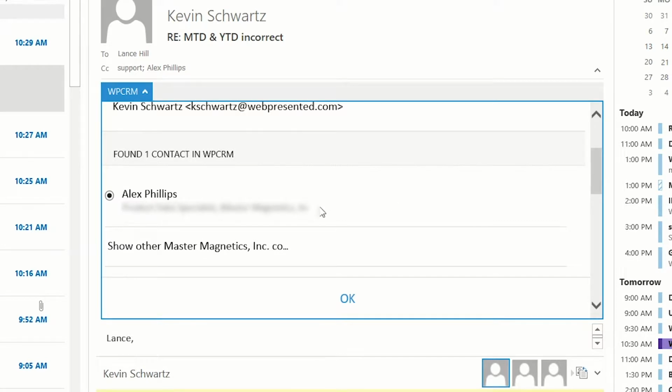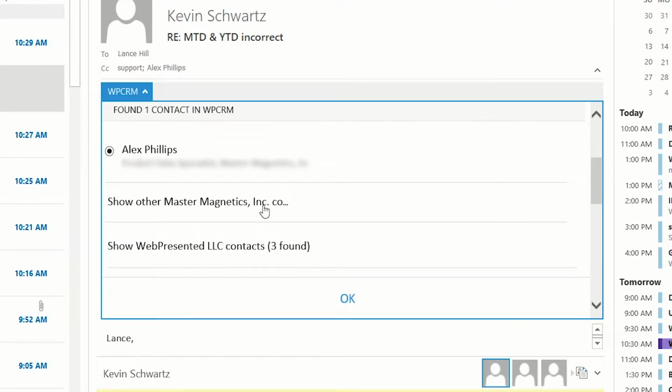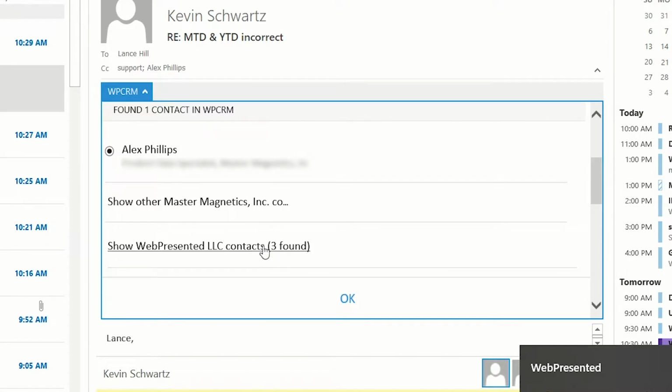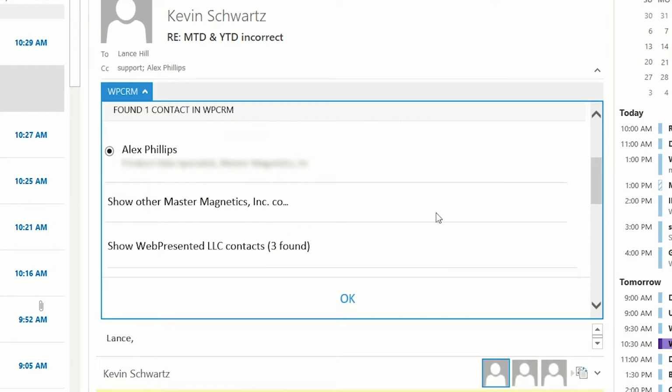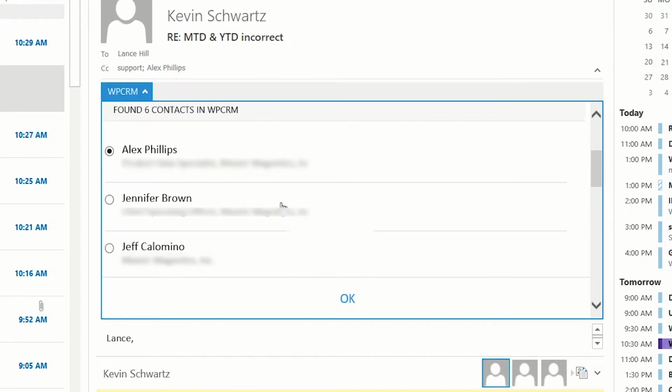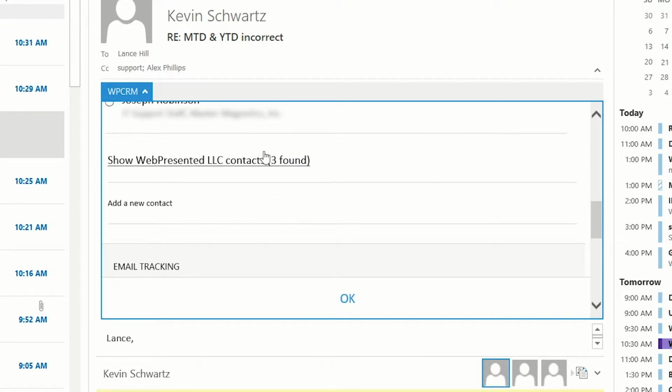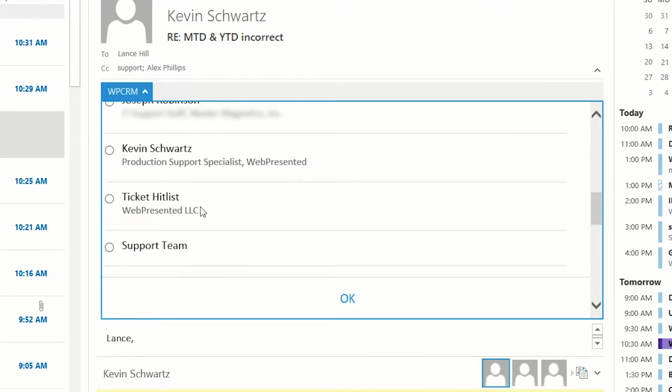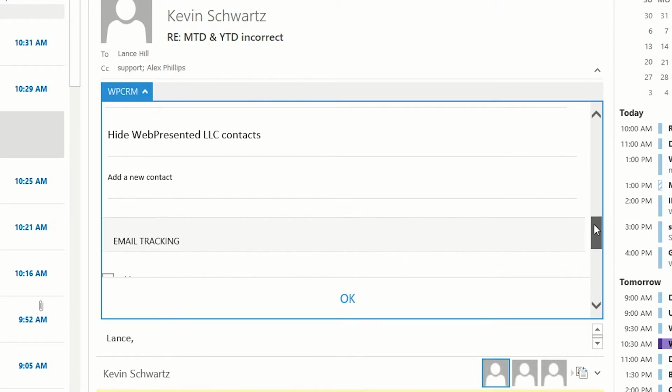The system is going to associate it with the contact it believes is sending the email, but it'll also give me options of other contacts that are associated to that account or other accounts that it believes are on the email. Because this was sent between ourselves and this customer, it is showing me some different options that I can select either from the customer or even from Web Presented. If neither of those are correct, I can continue to scroll down,